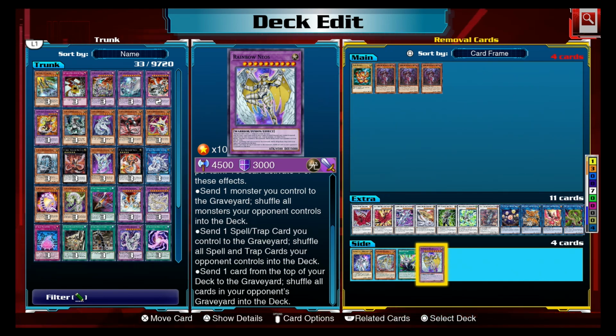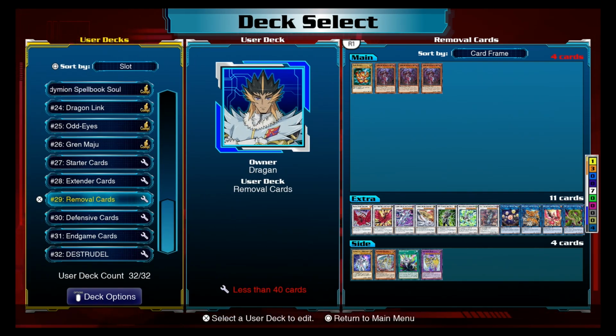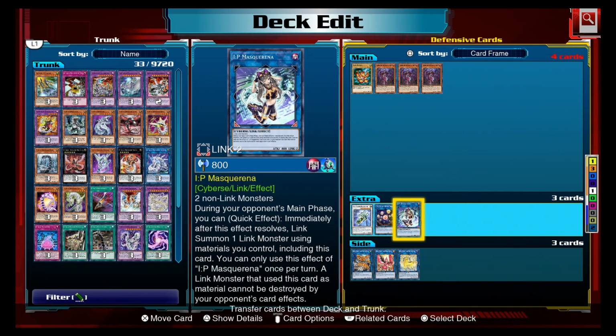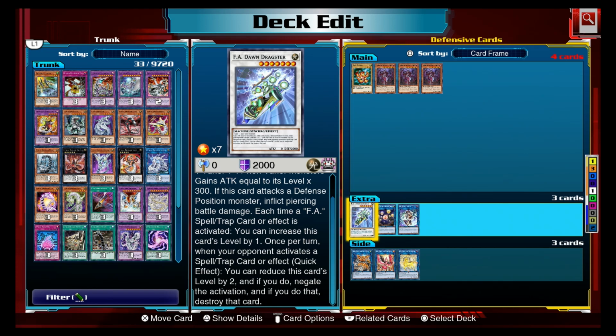It is insane how flexible Destrudo can be and how many cards it can work with in terms of removal. But it also can be defensive as well. If you're going first, maybe you want to summon out something like F.A. Dawn Dragster, a level 7 synchro monster who increases its attack equal to its level, so it comes out as 2100 attack. Then, anytime your opponent activates a spell or trap card, you can reduce its level by 2 to negate it. Now with 2100 attack and level 7, you get up to 3 negates out of this card